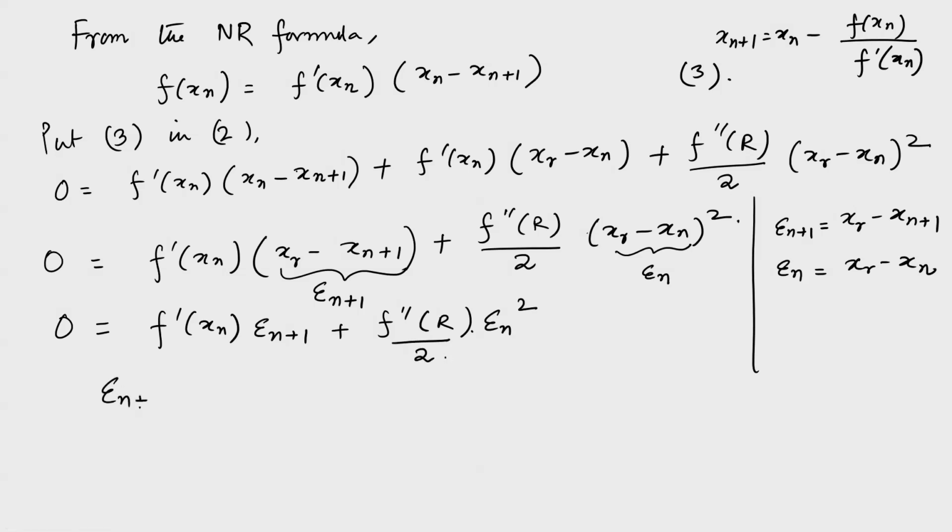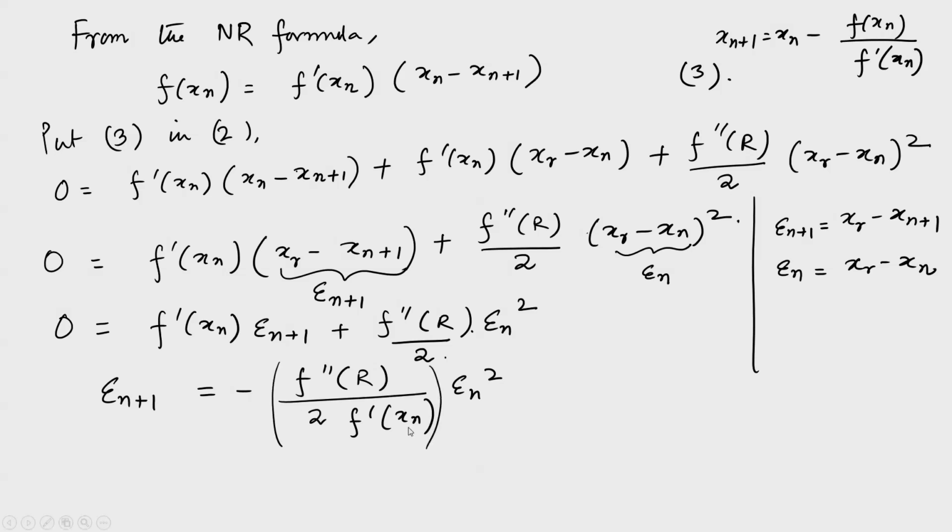So, epsilon n plus 1 is minus the double derivative of the function evaluated at that r point, which is between x n and x n plus 1. It does not matter, you can calculate it at any of these. Anyway, this is just a number. So, epsilon n plus 1 goes as epsilon n square. So, it is quadratically